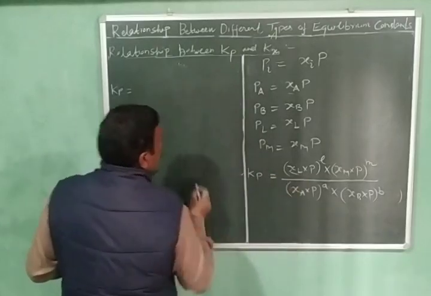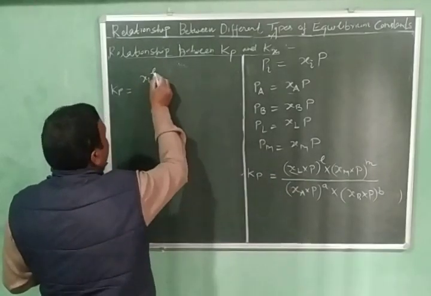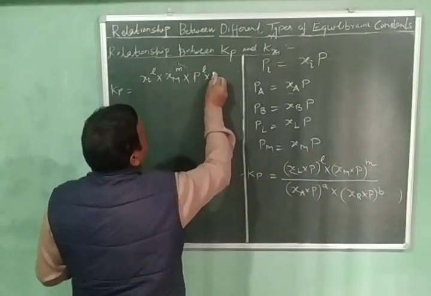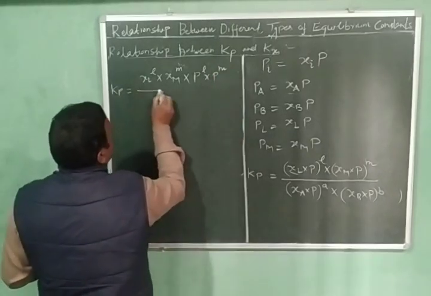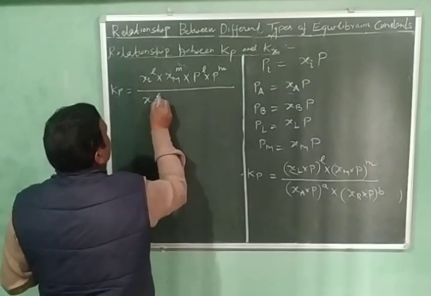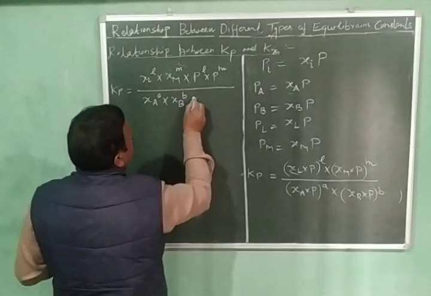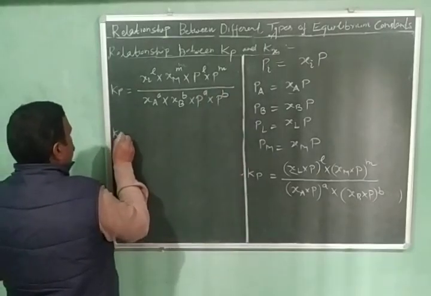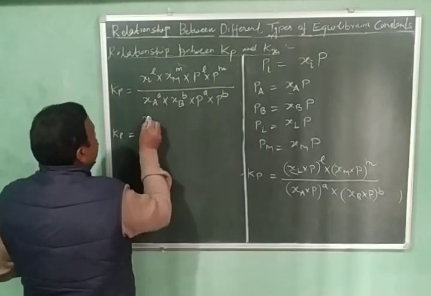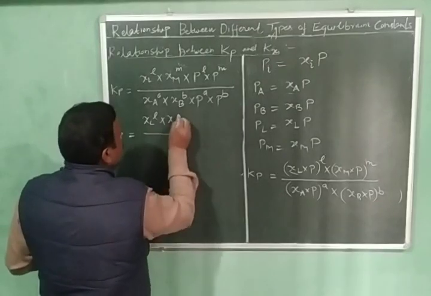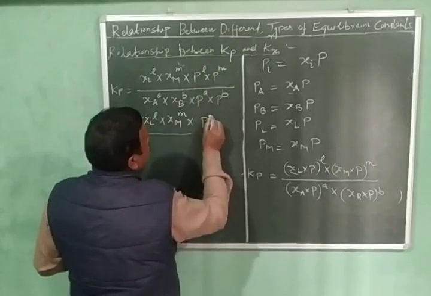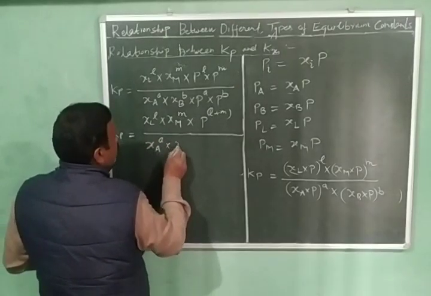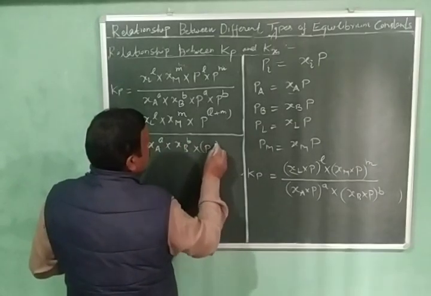Kp will be equal to XL raised to power L into XM raised to power M into PL raised to power P raised to power L into P raised to power M, divided by XA raised to power A into XB raised to power B into P raised to power A and P raised to power B. Further, Kp is equal to XL raised to power L into XM raised to power M into P raised to power L plus M, as I explained earlier, divided by XA raised to power A into XB raised to power B into P raised to power A plus B,